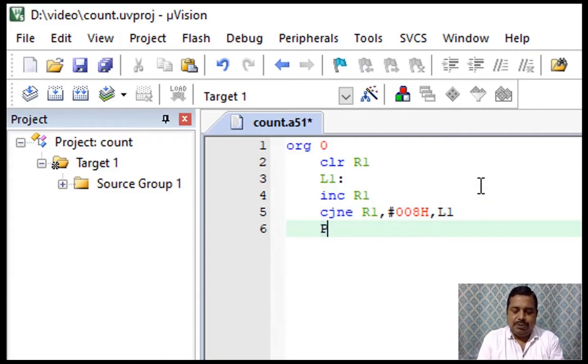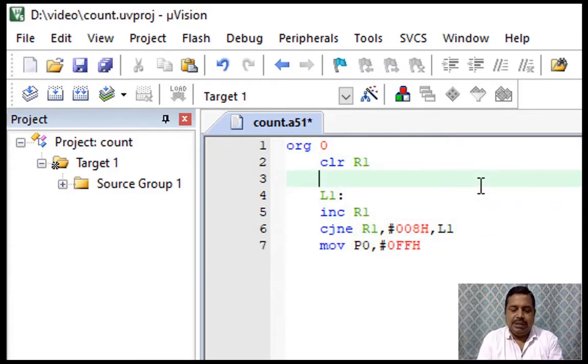What we have to do is MOV P0 and load some value, #0FFH. Since we are making it high here, before starting our program we may need to clear it so that we can understand whether the change really happens or not. How to do that?